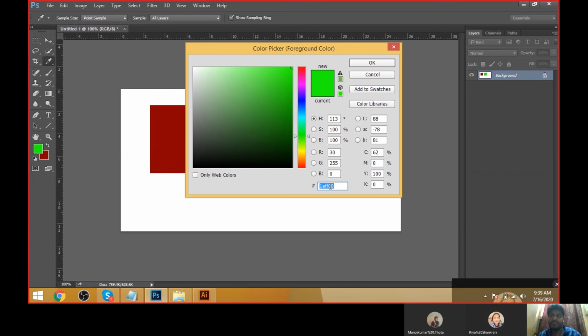In that means we have to work with different types of sectors. When you go for the web development sector, then automatically they will use this hexa code, picking the color directly in Photoshop only. The second thing is mobile app development, where they also use Photoshop. They will have designers to design the carousels or some creatives, whatever it may be. There also they will keep it in the code development part. They will use this type of hexa codes. This is a hexa code value. Okay, if you change anything like this.